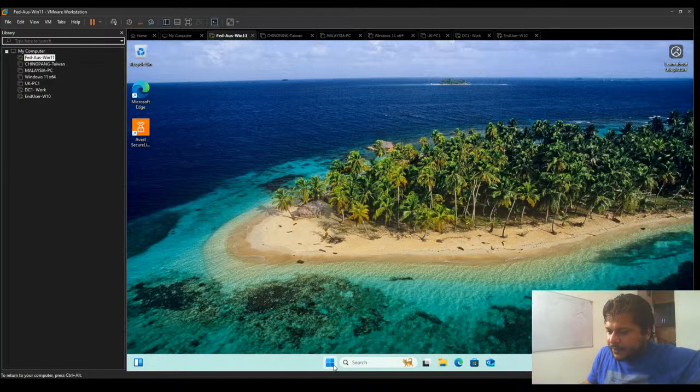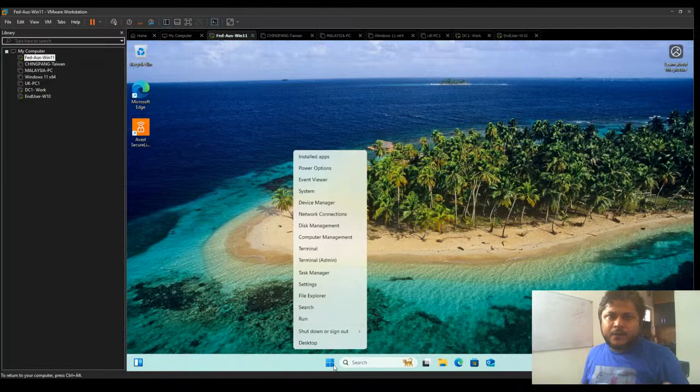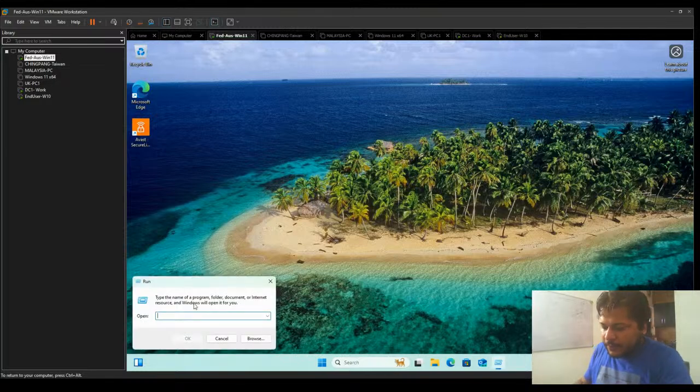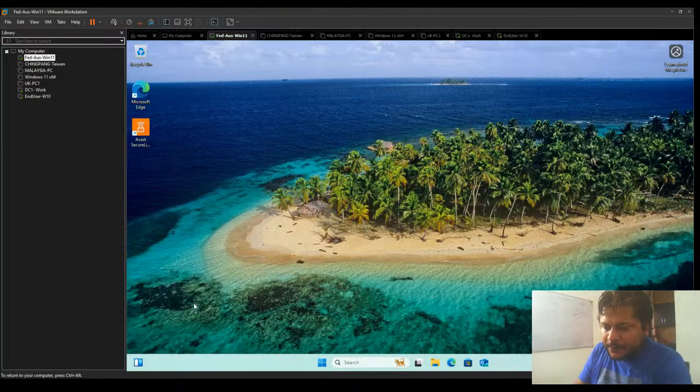Right, my machine is up and running now. We are going to proceed with the same set of procedures as for the domain controller. I'm going to open command prompt. In command prompt, I will check the IP address of this machine.